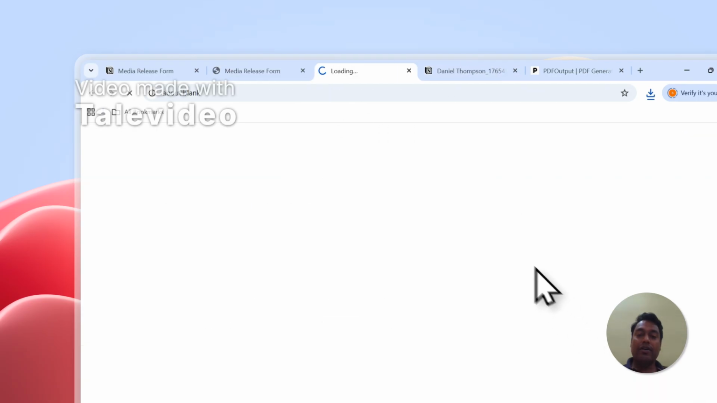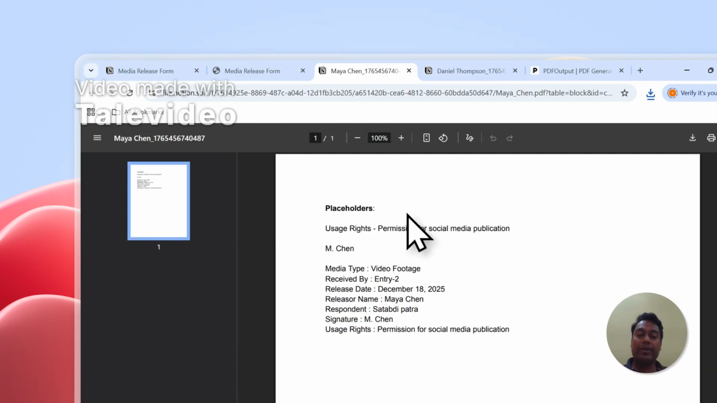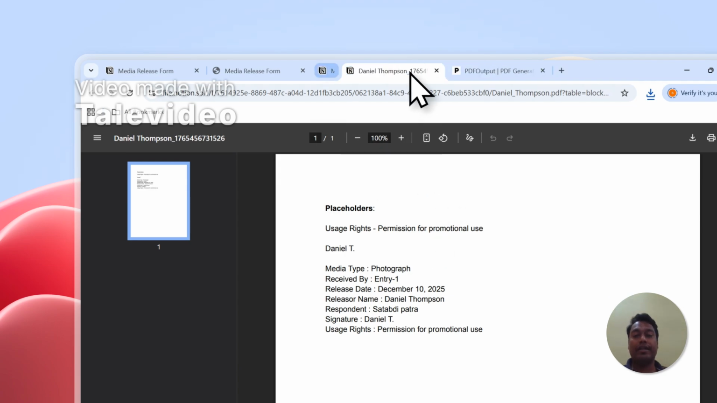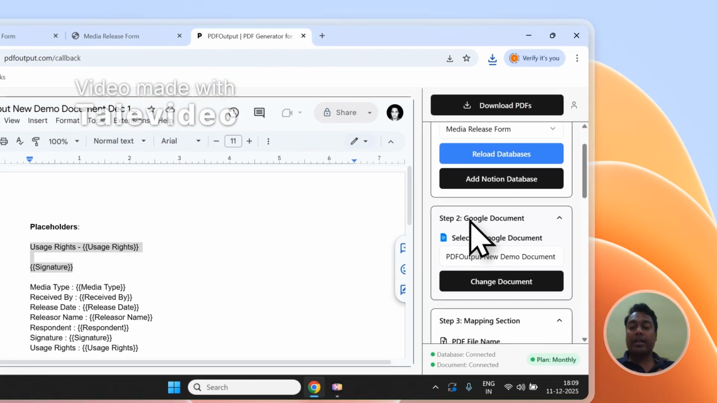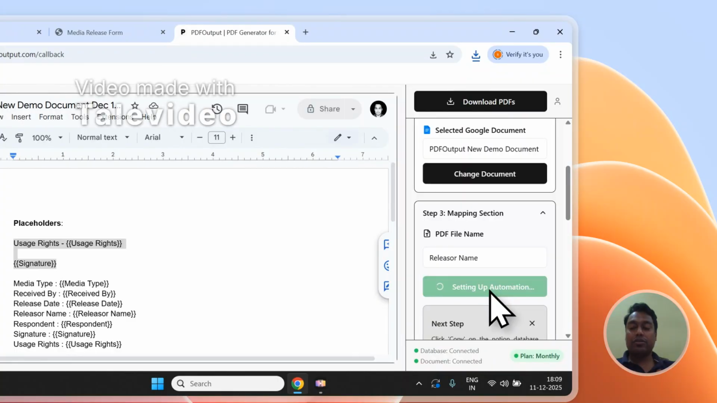Let's open up the second record, and we should be able to see the same pattern repeat over here, as all the fields are automatically mapped with the database values. So we created two documents side by side where all the fields were automatically mapped with the database values and the documents were created. Now, if you want to automate this entire process, you can click on Setup Notion Automation,